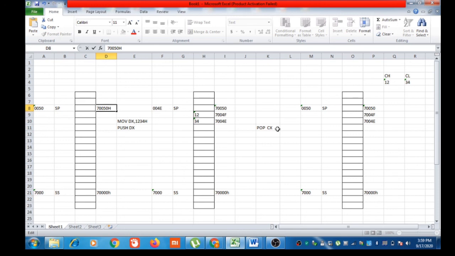While popping, the SP register will be incremented by 2 and the higher address location content will be copied to the higher 8-bit portion of the CX register and the lower address content will be copied to the lower 8-bit portion of the CX register. So 12H will be copied to CH and 34H will be copied to CL.